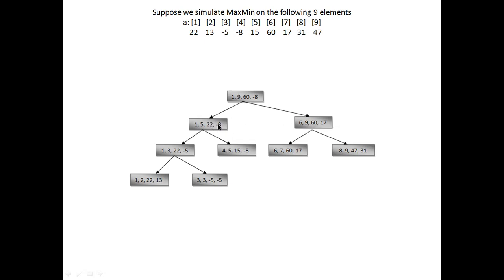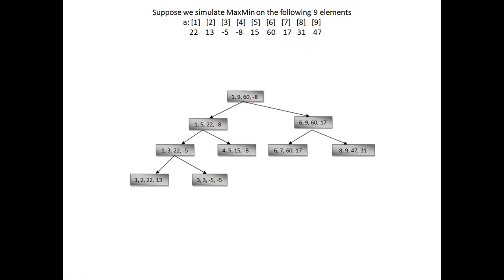What is this value? Still, I don't know which is the biggest between the first index and the 5th index. I don't know the biggest and the smallest of the 6th index and the 9th index. That will come later. Now, coming to this first half, 1 and 5. There are 5 values, from the first index to the 5th index. So the problem has to be broken into two halves. 1 plus 5 is equal to 6, 6 by 2 is equal to 3. So the first half is the first index to the third index. The second half is the 4th and 5th index.